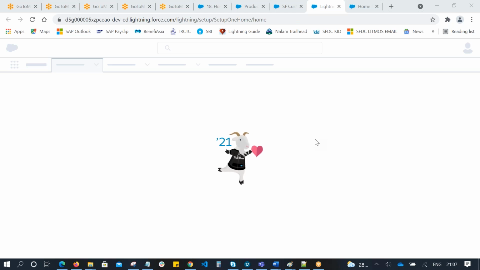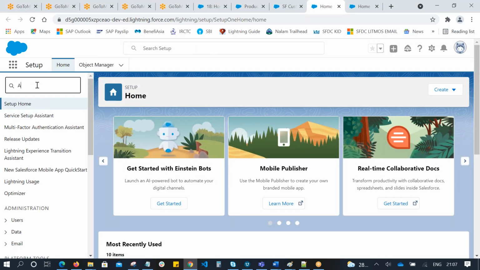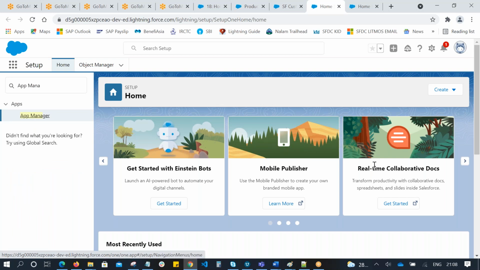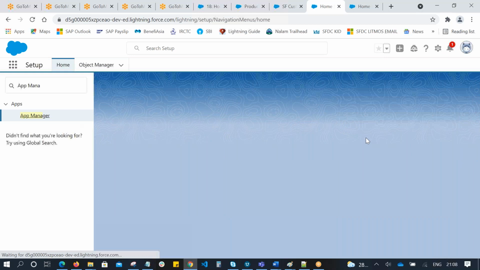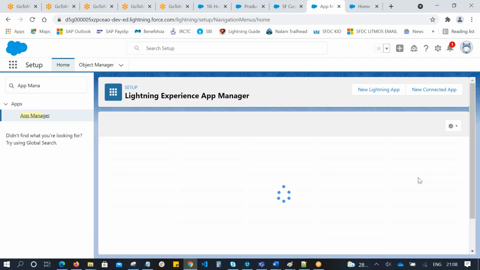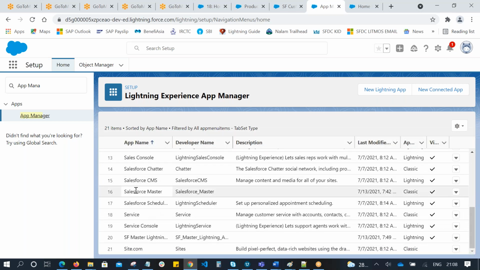In the setup menu, we have app manager. In the app manager, we have the Salesforce master application.